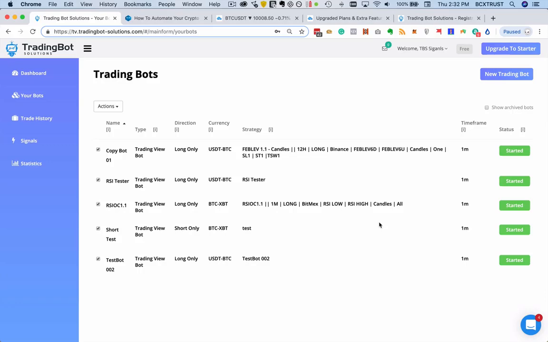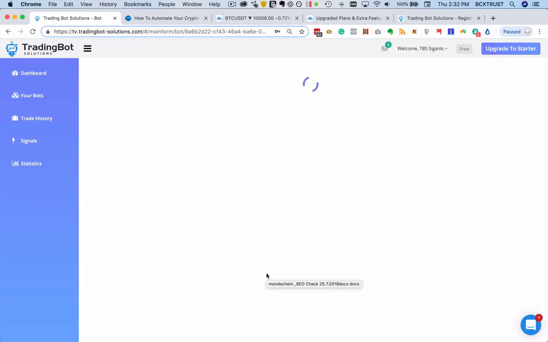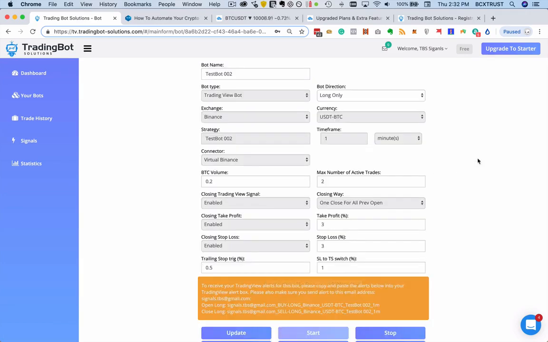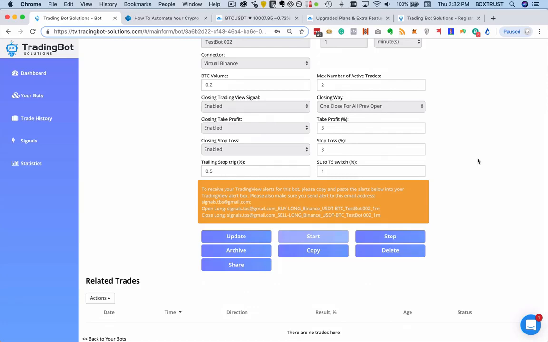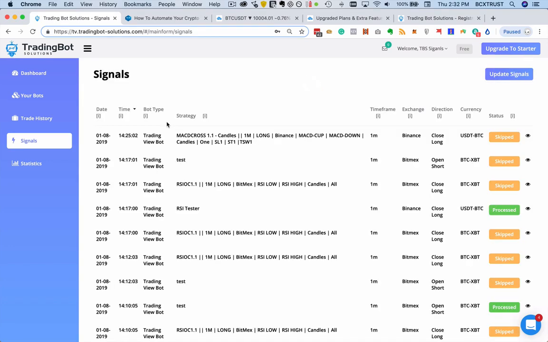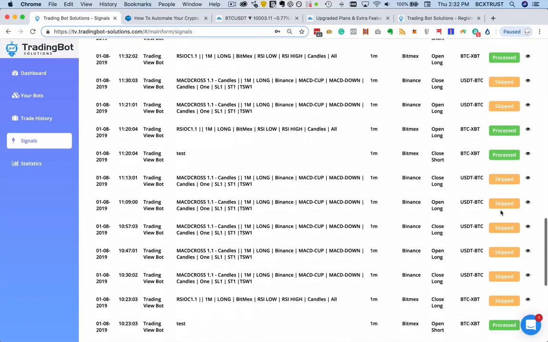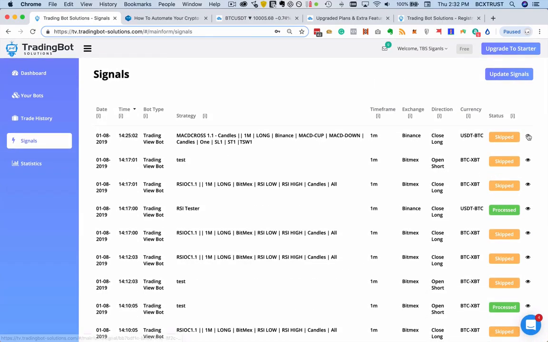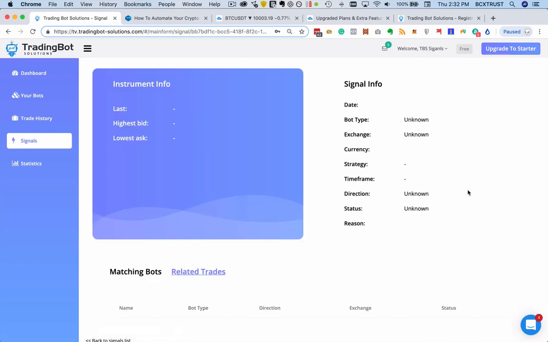So in here we created this bot here, which is the Fibonacci bot. Of course, I would suggest to name it much better so you know what's going on. Here, as soon as a trade is coming in, you will see the signals down here, and you will also see signals coming in here. So it's very easy and convenient to see what is going on. Sometimes in the signals tab you will see that trades are skipped or processed. You see that. And always if you click on the I symbol, the bot will tell you